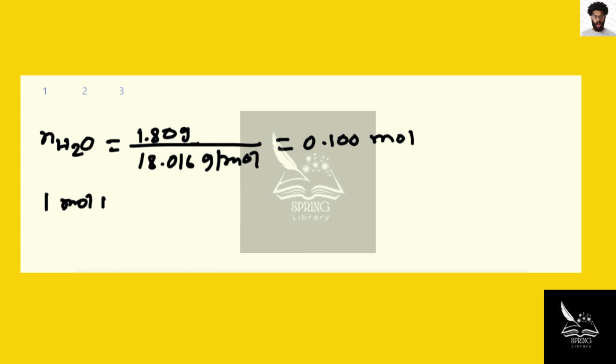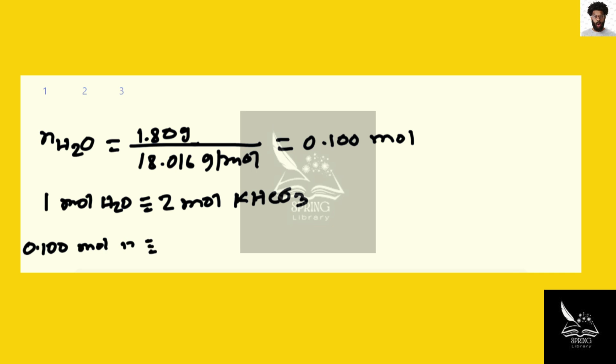Now from the balanced equation we can see that 1 mole H2O is produced from 2 mole of KHCO3. That means 1 mole H2O is identical to 2 mole KHCO3. That means 0.100 mole H2O will be identical to 2 times 0.100 mole, which is equal to 0.200 mole. So this is the number of mole of KHCO3 which is reacting, and from here we can find the